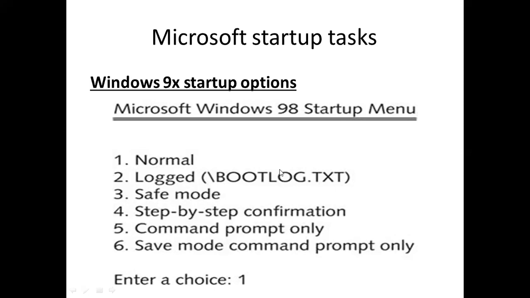Suppose your operating system has a virus, then you can press 3 to go to safe mode. If it has more virus, you can press 5 and open the command prompt, and from that, if you want to do some backup before doing a complete recovery, you can do it before you delete all the files. So that can be done.